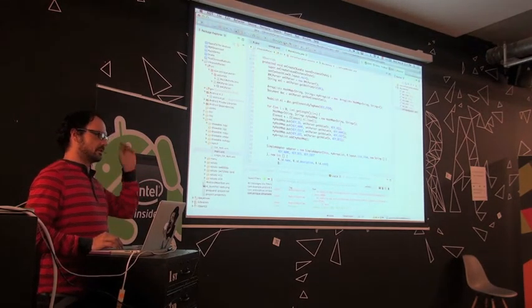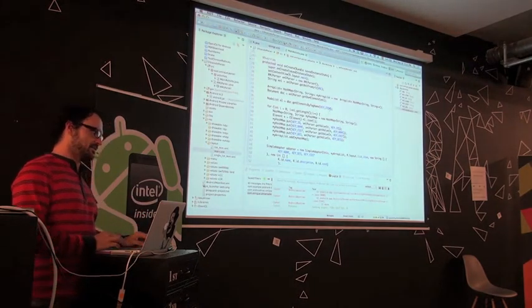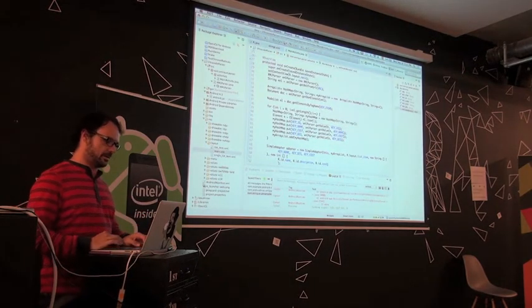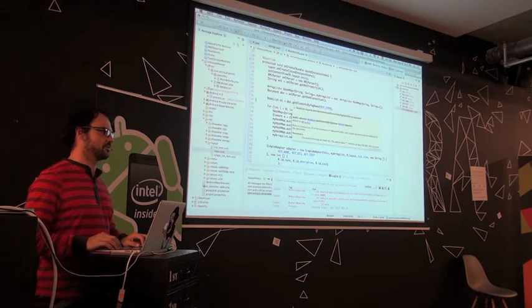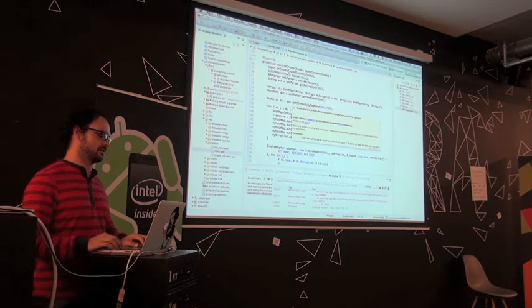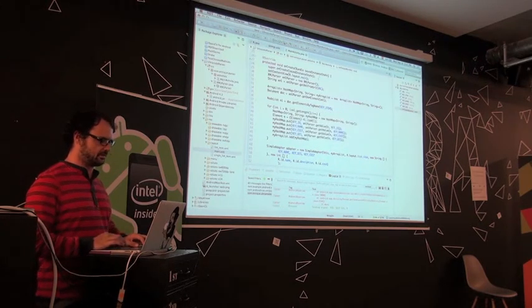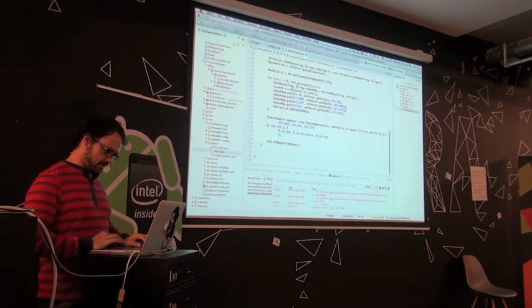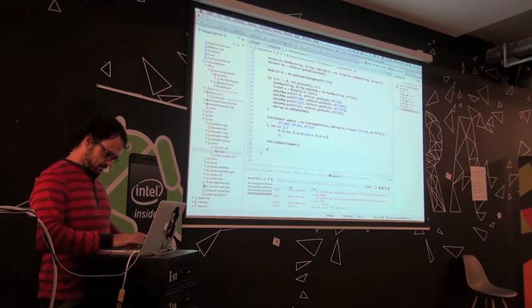Create async tasks. Exactly. You normally create an async task, or if you want to do it not dirty, you create your own class that is going to extend from an async task, and you will implement your own methods. But I don't think we have a lot of time to not do it very dirty. So